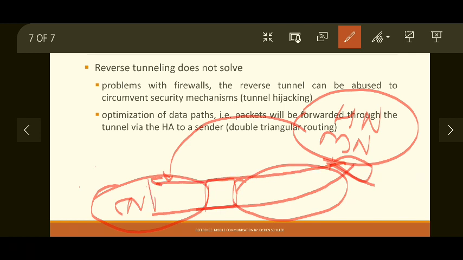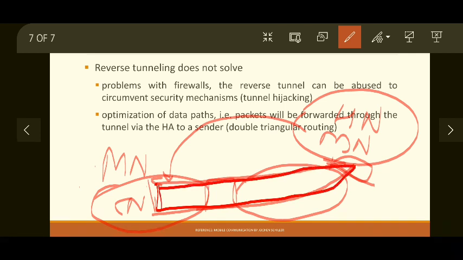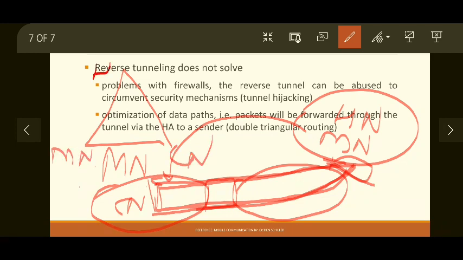So even if the correspondent node and mobile node are part of the same network, the packet has still traveled the entire distance of the internet towards the home agent and back to the same network. So this creates a triangle. This is the mobile node, this is the correspondent node, this is the home agent. So that is called the triangular routing problem.